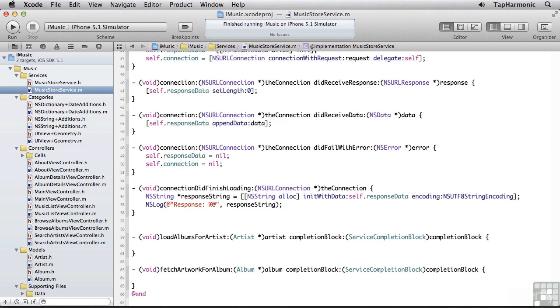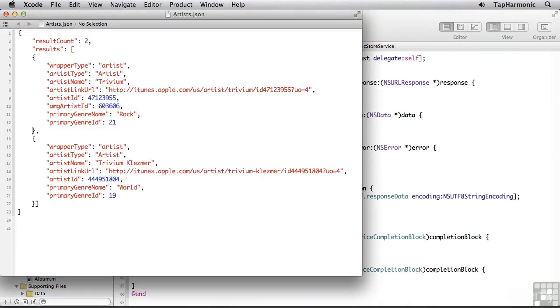Let's look at a formatted example of the response coming back from our search call. JSON formats its data into a set of key value pairs. The key is always a quoted string, followed by a colon, and then a value. One of the important parts of parsing this data is to understand how the different value types are interpreted by the parser. Our simple valued types, such as the artist ID or the primary genre name, can be either a